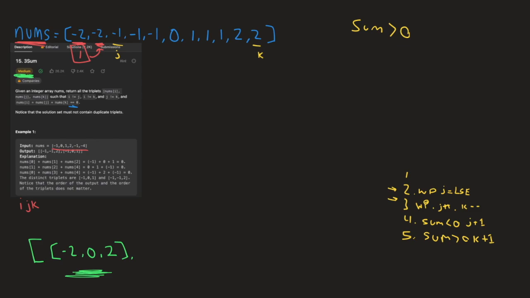But let's say we go through this, we actually end up getting duplicate triples. For example, this -2 right here is our i. And then as we move through, j would eventually become this 0, and k would remain this 2. And so we have -2, 0, and 2, and we already see that down here. So we need to be wary and avoid duplicates. And the way to do that in relation to i is we want to